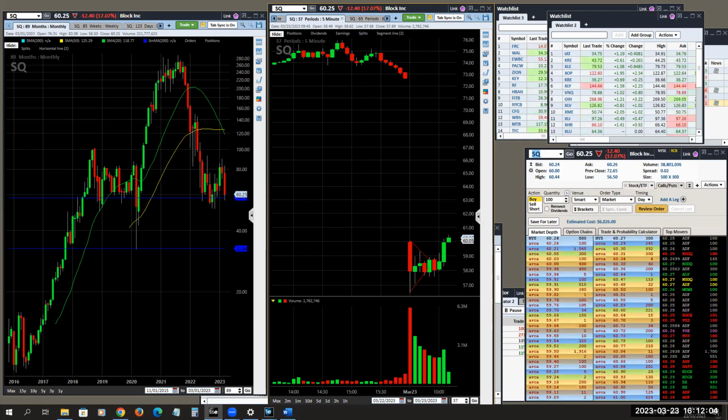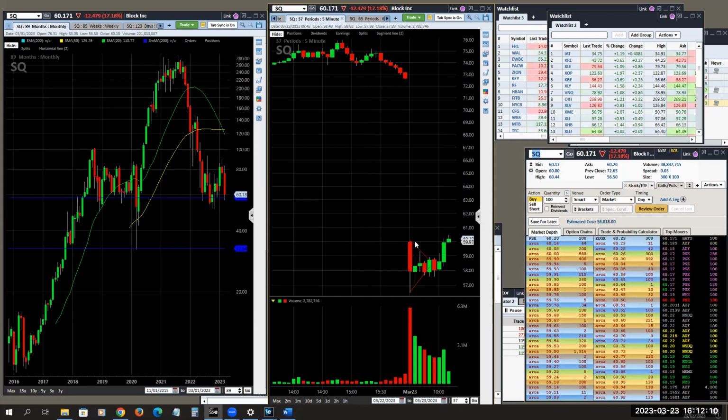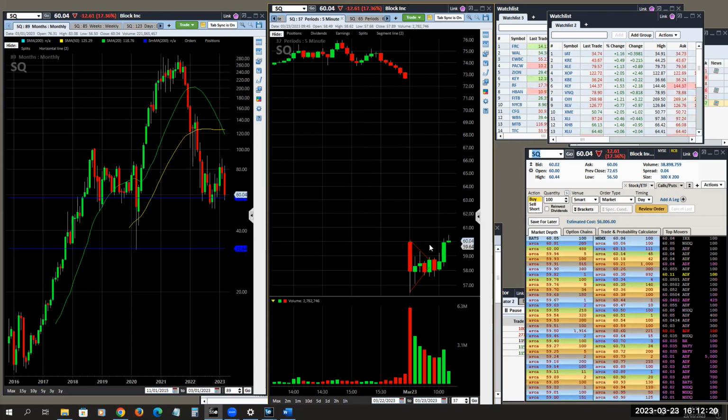Technically, this is an area for short, because you're selling resistance. Remember, resistance with a small stop. This kind of stock, I wouldn't take more than 51 cents. What other people do is they usually buy the